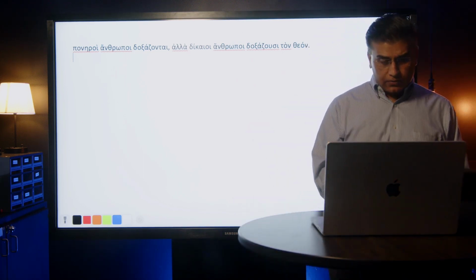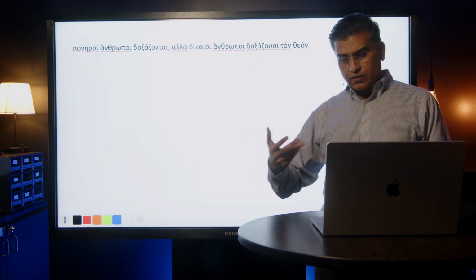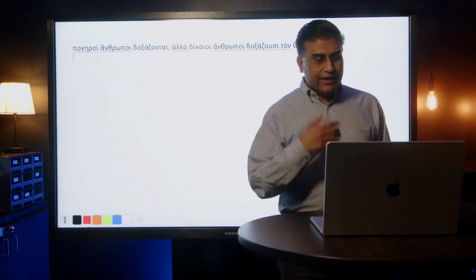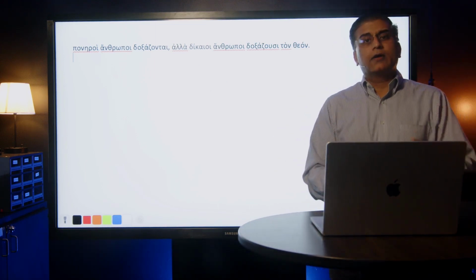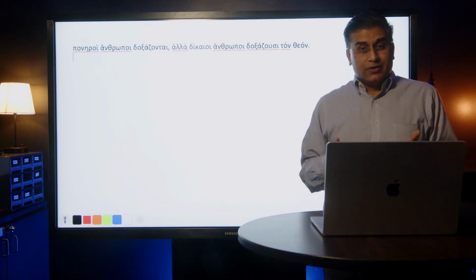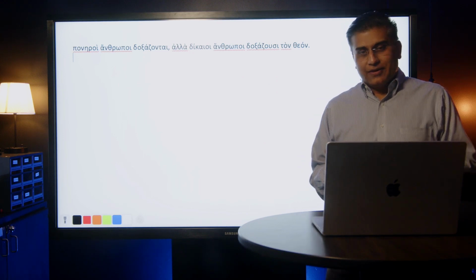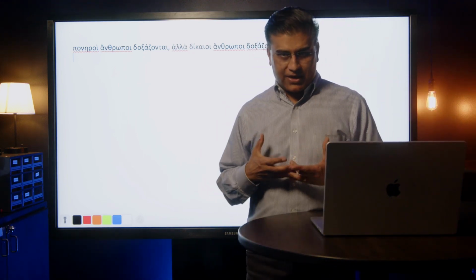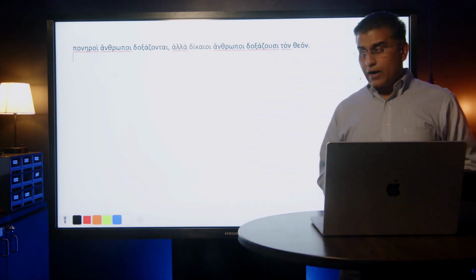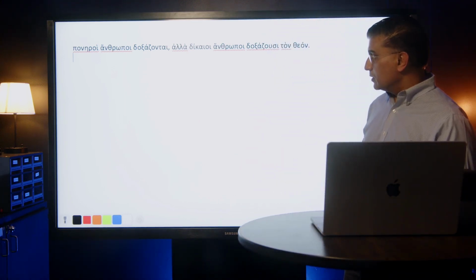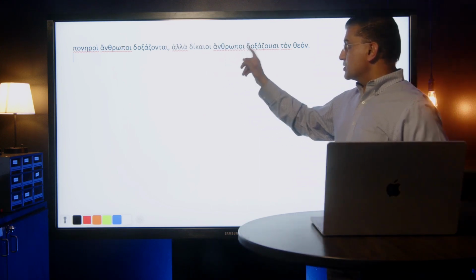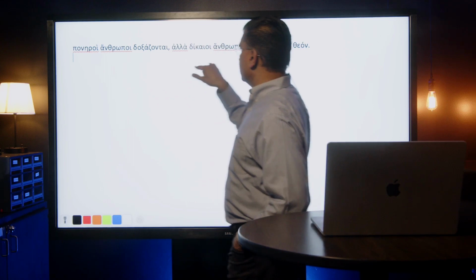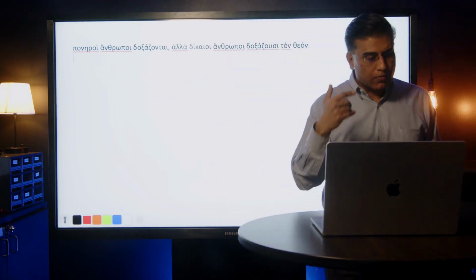Zontai is the middle, present middle indicative. So evil men glorify themselves. You see, the middle brings the nuance of benefiting. The subject is benefiting from this action. So evil men glorify themselves, but righteous men, that's again in the plural, just like this is in the plural, this is also in the plural, but righteous men,